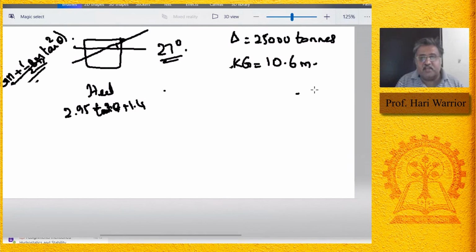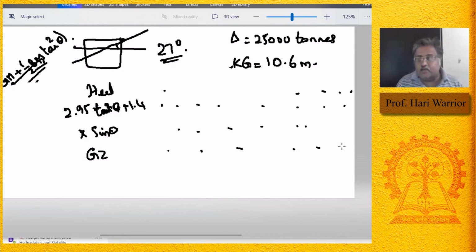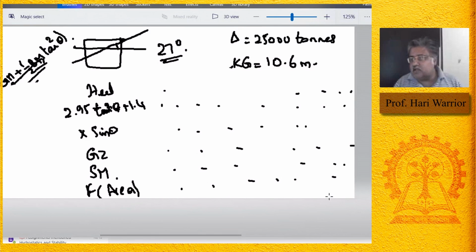So here you write these heel angles. Here you write these values. Then into sine theta, sine theta values you can write here. Then you have to have GZ, GZ values you write here continuously. Then you need the Simpson's multiplier, 1 4 2 4 1, you put it here. Then the function of area. Function of area for this will give you the values. And then finally you will get a total function of area here, and the area is equal to h by 3 into sigma function of area.